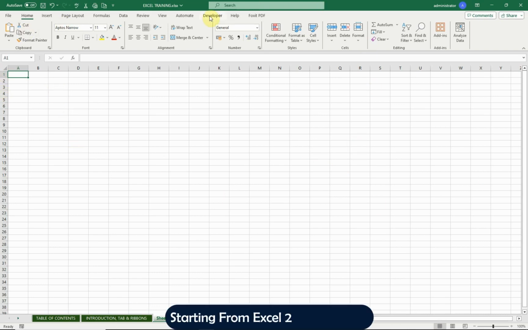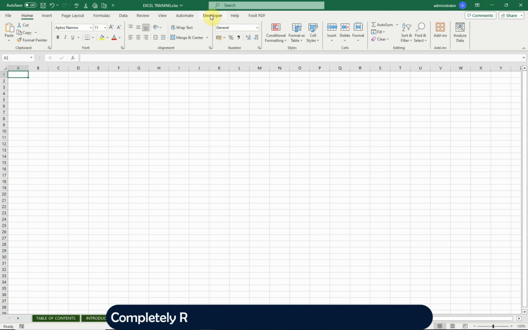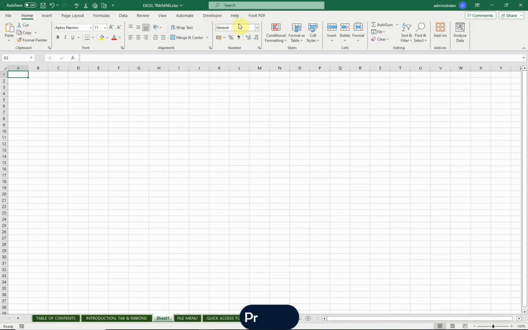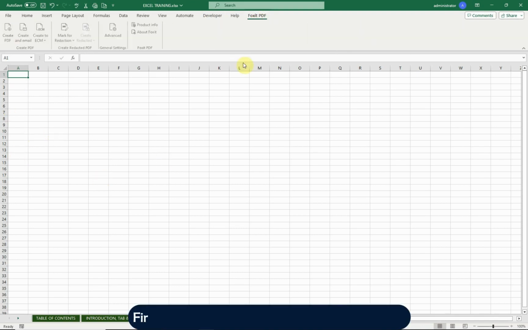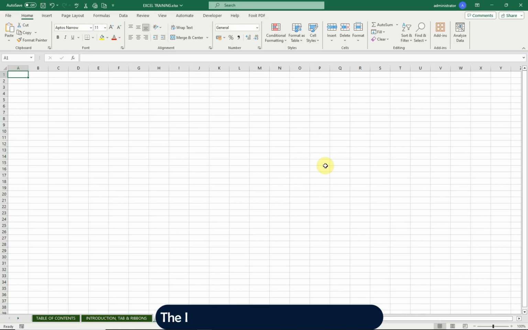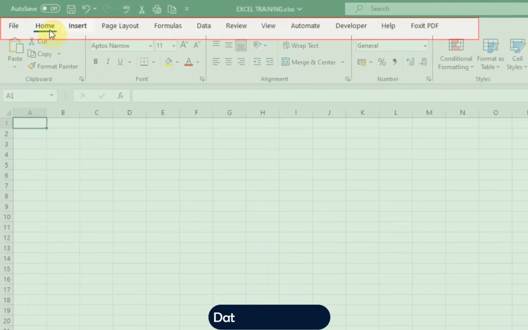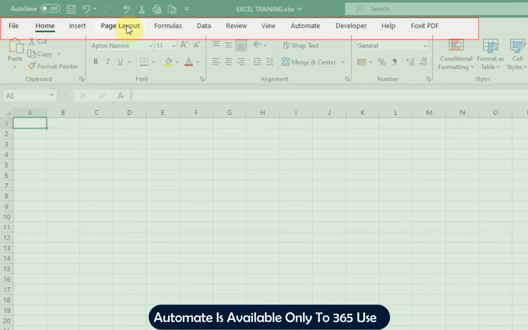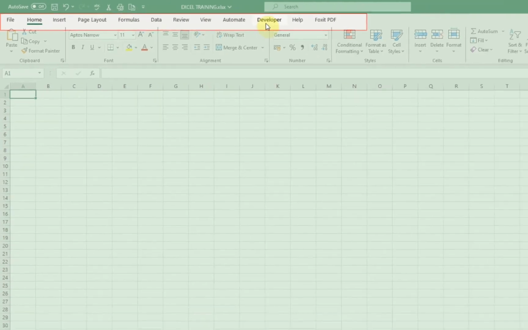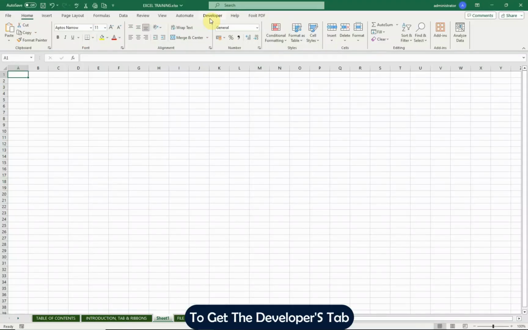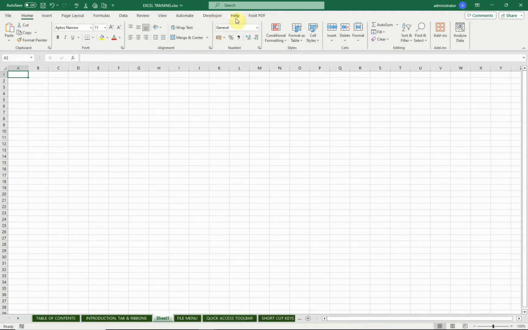Starting from Excel 2007, Microsoft completely reorganized the user interface of the Office products. Instead of the old menus and toolbars, there are now tabs and ribbons. Firstly, we have the tabs, which are the Home, Insert, Page Layout, Formulas, Data, Review, View, Automate, available only to 365 users, Developer, which is not available by default but can be activated by the user, and we have the Help. To get the Developer tab, you have to go to the File menu, click on Options,